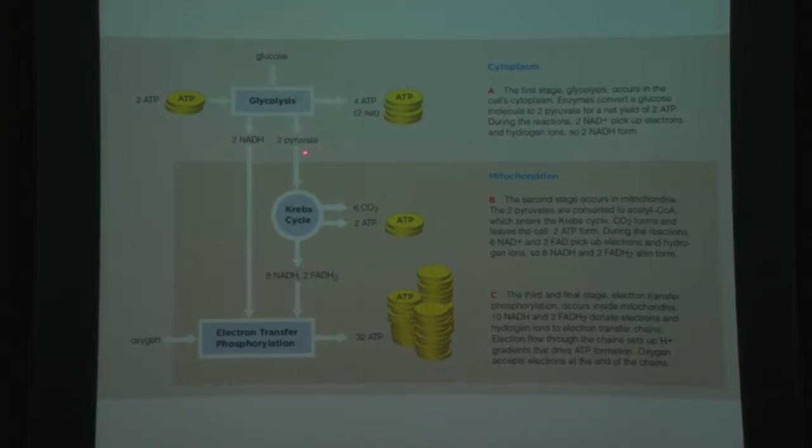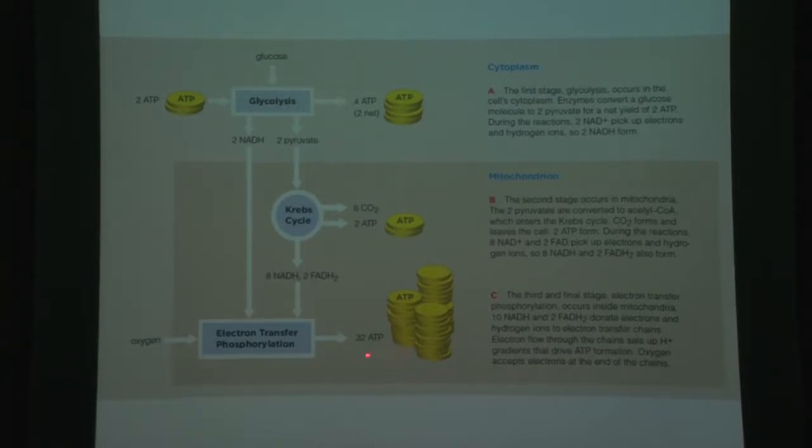And then this pyruvate enters the Krebs cycle. It is going to produce 6 CO2 overall, and then 2 ATP as well. And then it produces 8 NADH and 2 FADH2. So these NADH and FADH2 actually go to the electron transport, and that overall produces